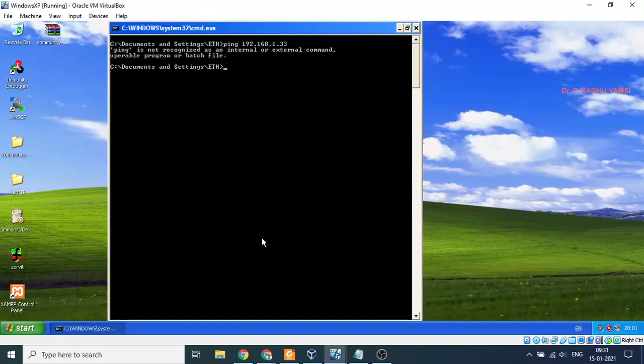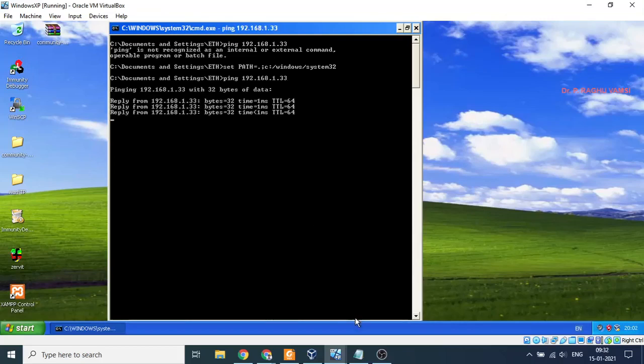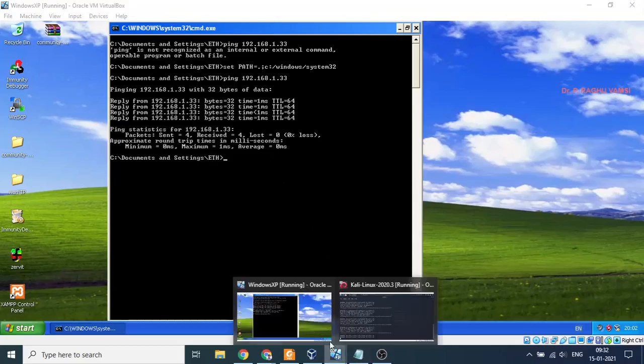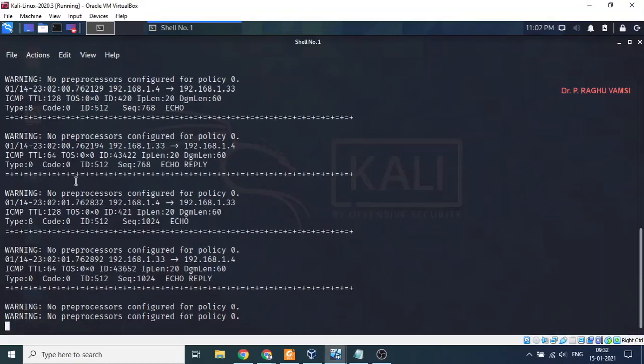Okay, this is the problem. So here also the configuration policy is 0, so here also it was not configured properly, I hope.